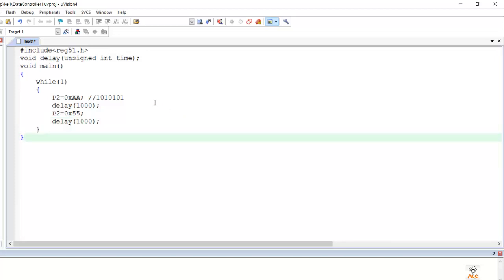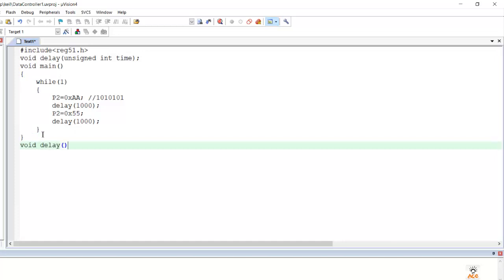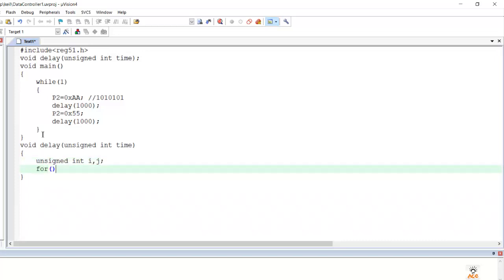Now we need to define our delay function which we have declared. Let us define it outside our main method. So void delay, with unsigned int time, and inside it we have two variables, int i and int j. i would be for the outer for loop and j would be for the inner for loop.